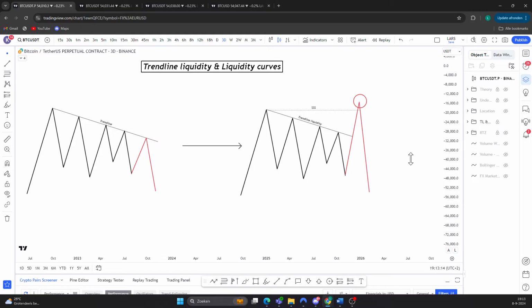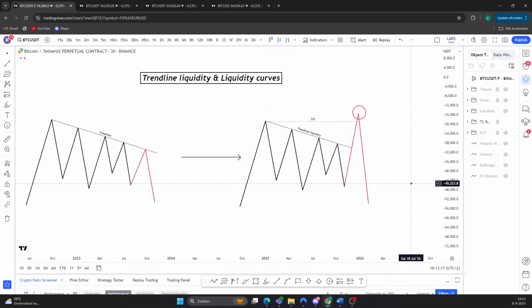And for the people that have been following me and don't just know me from this mentorship, you guys have been seeing me draw liquidity curves literally all the time. That's literally what I draw all the time. But now that you guys understand liquidity, right? And you understand market makers,